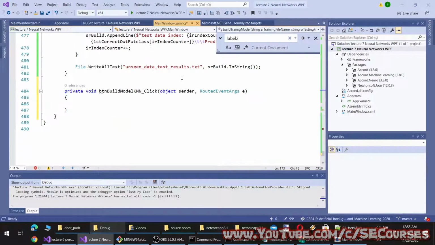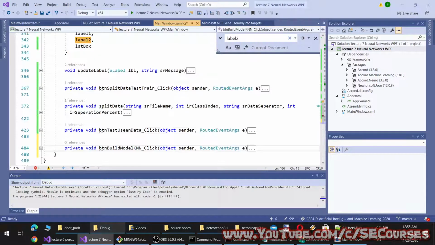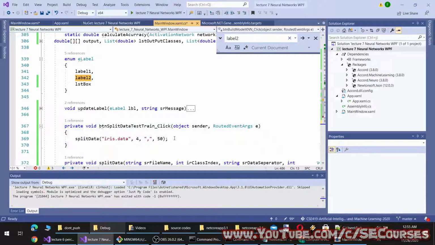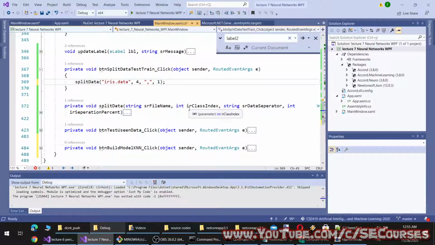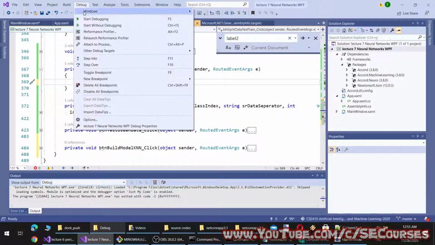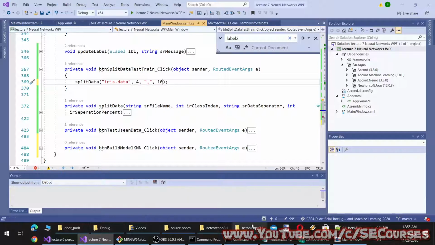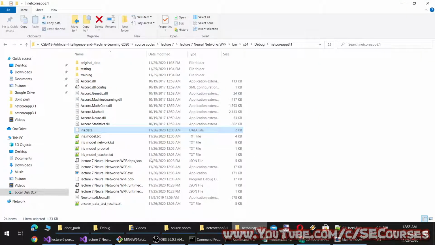Okay, my computer is being somewhat slow. Okay, let's start it. So I will regenerate the iris data, we will use testing and training data.